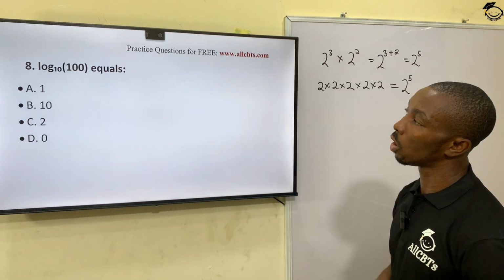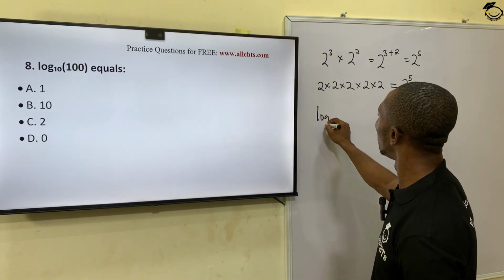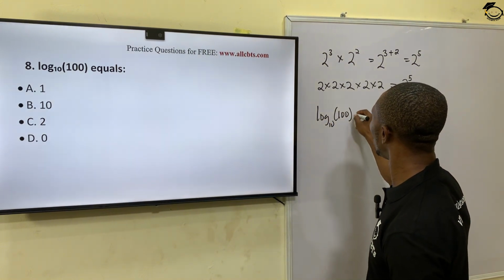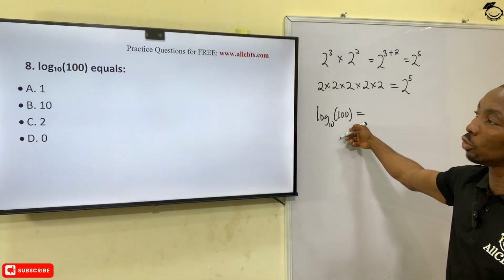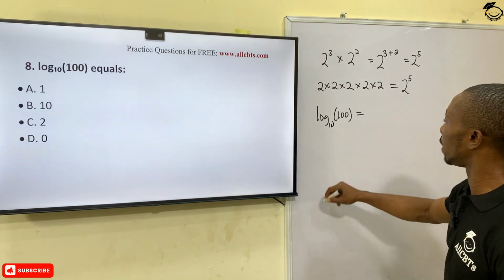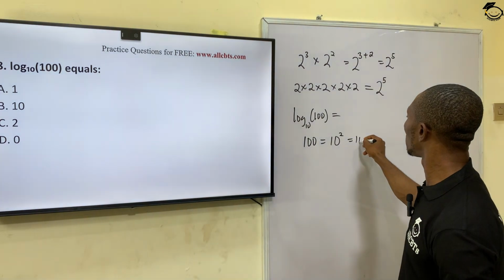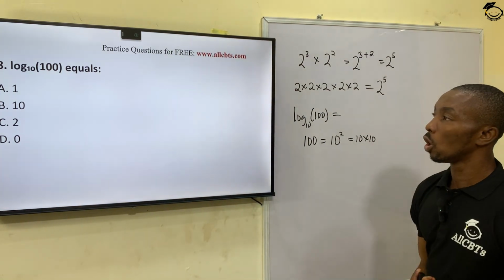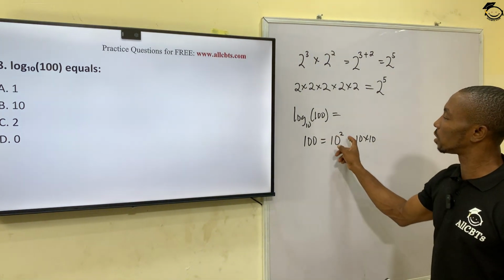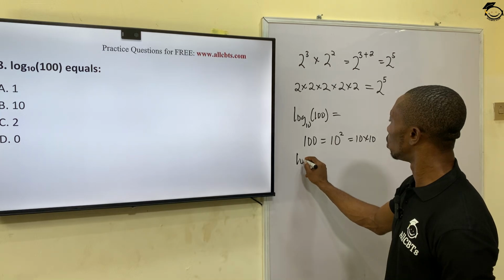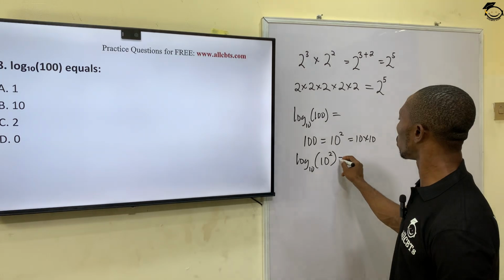Now, we have log 10 100 equals what? So if we have log 10 100, first off, you can break down our 100 to be in the power of 10. So we know that 100 equals 10 squared. Why? 10 times 10 will give us 100. So replacing our 100 with 10 squared, this becomes log 10 bracket 10 raised to the power 2 equals,